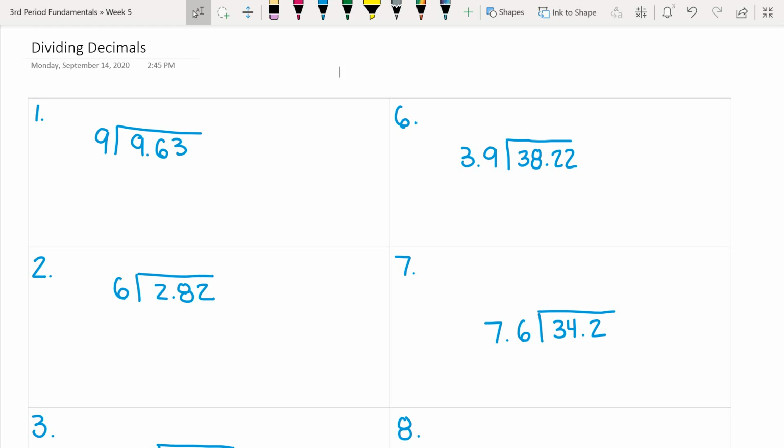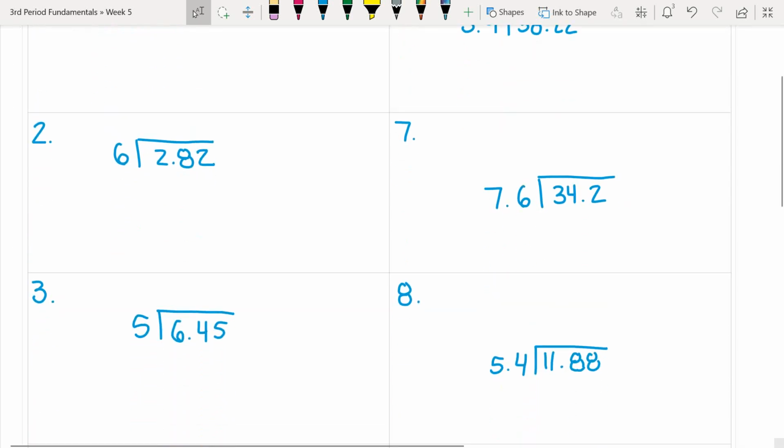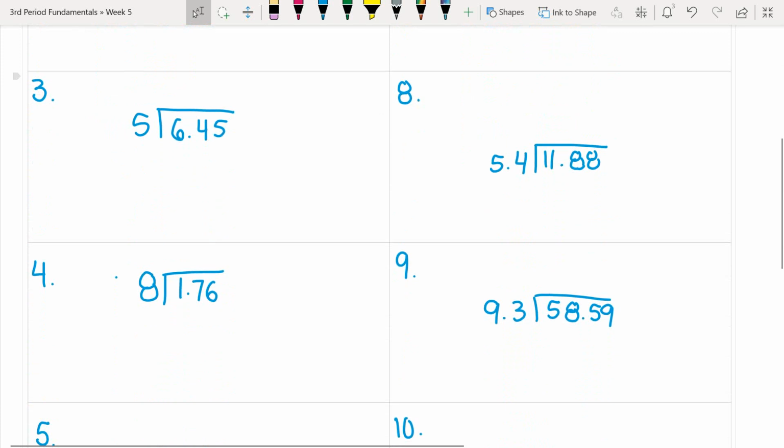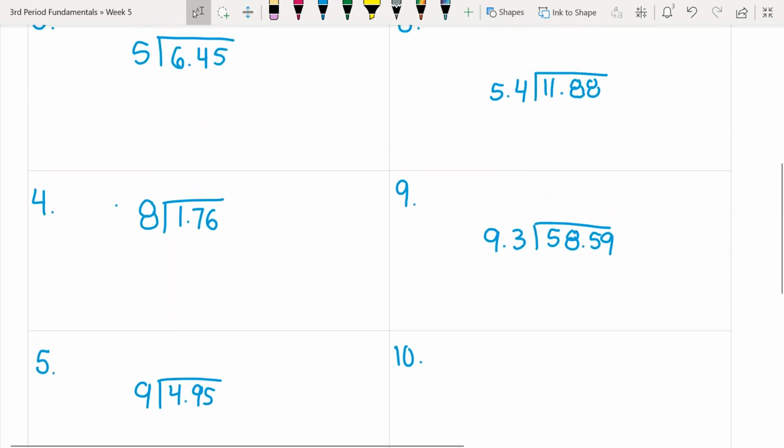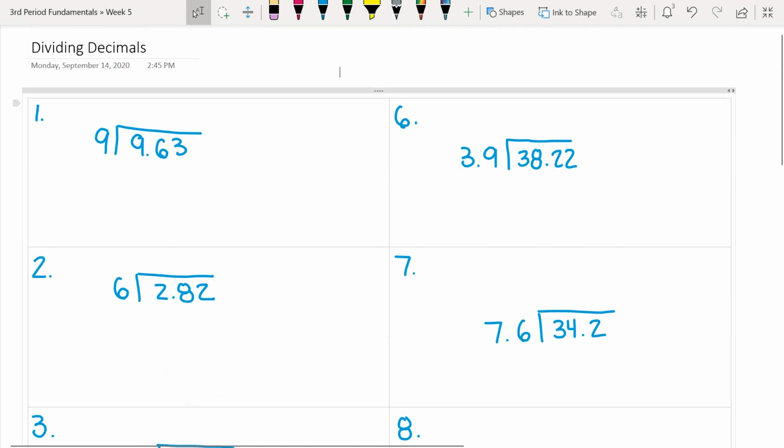Please pause the video right now to just copy down these first 4 problems that you see on your paper. Good, okay. Now move down and copy down these 4 problems. Please pause and get that written down. You're not doing them, you're just writing the problem. Good. And then finally, box 5. Please pause for just a moment to copy that problem down. Great. Okay, so we should have 9 problems written on our piece of paper now,